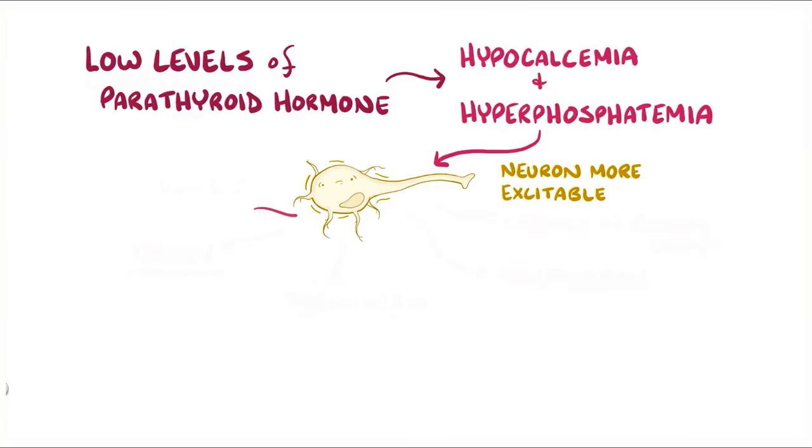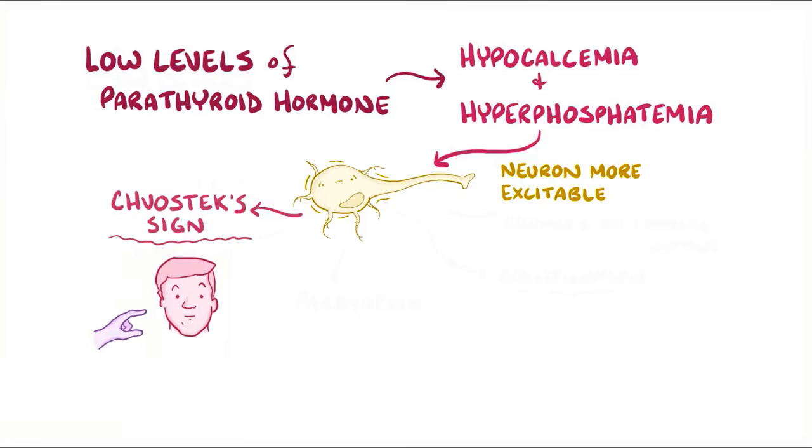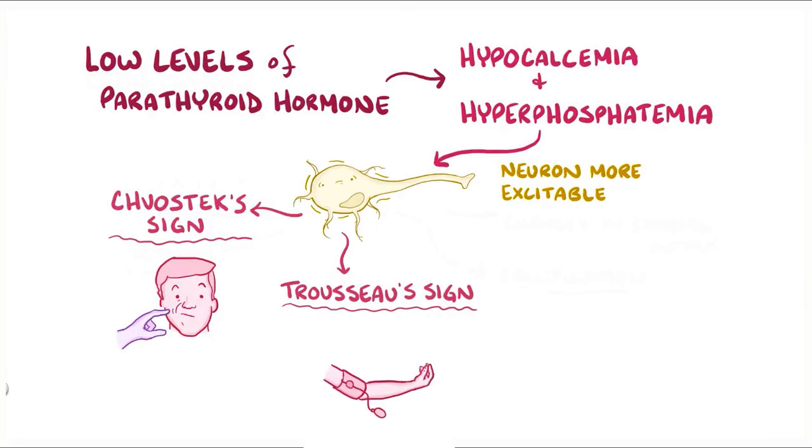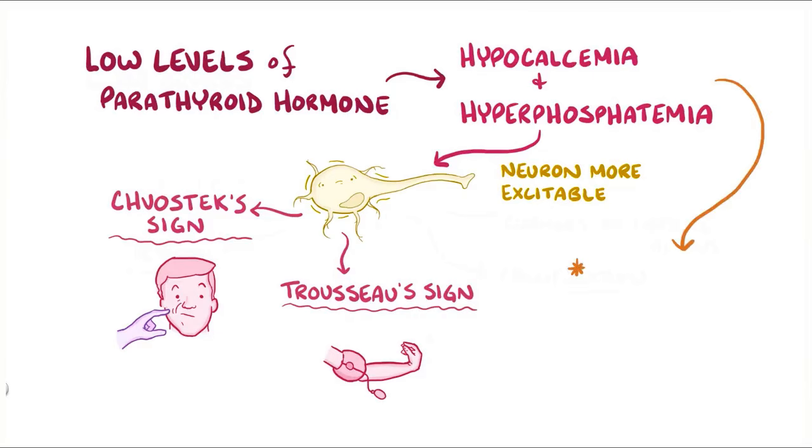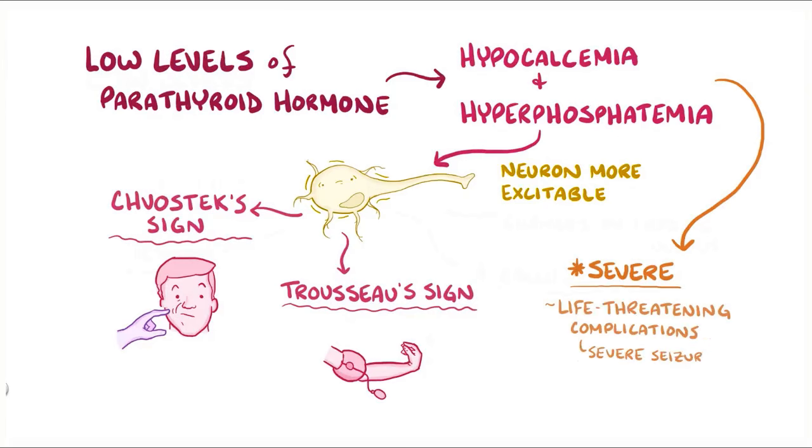The spontaneous firing of neurons leads to Chvostek's sign, which is when facial muscles twitch after the facial nerve is lightly finger-tapped 1 centimeter below the zygomatic process. It can also cause Trousseau's sign, which is where a blood pressure cuff occludes the brachial artery, and that pressure on the nerve is enough to make it fire, which results in a muscle spasm that makes the wrist and metacarpophalangeal joints flex. If the hypocalcemia and hyperphosphatemia are severe, this can lead to life-threatening complications like severe seizures and